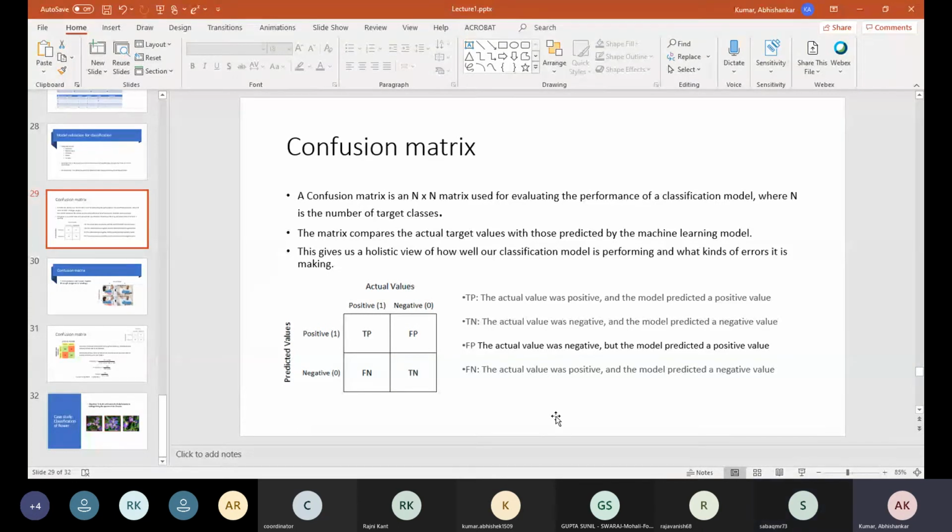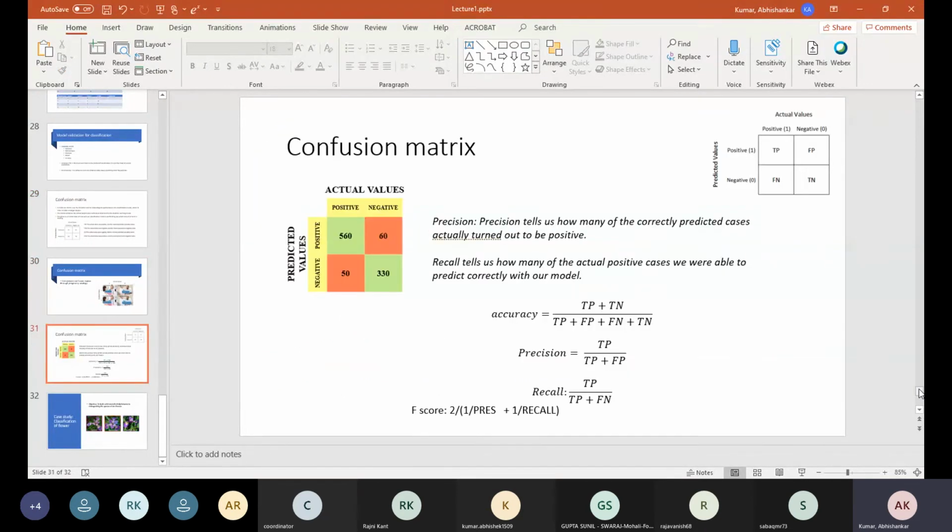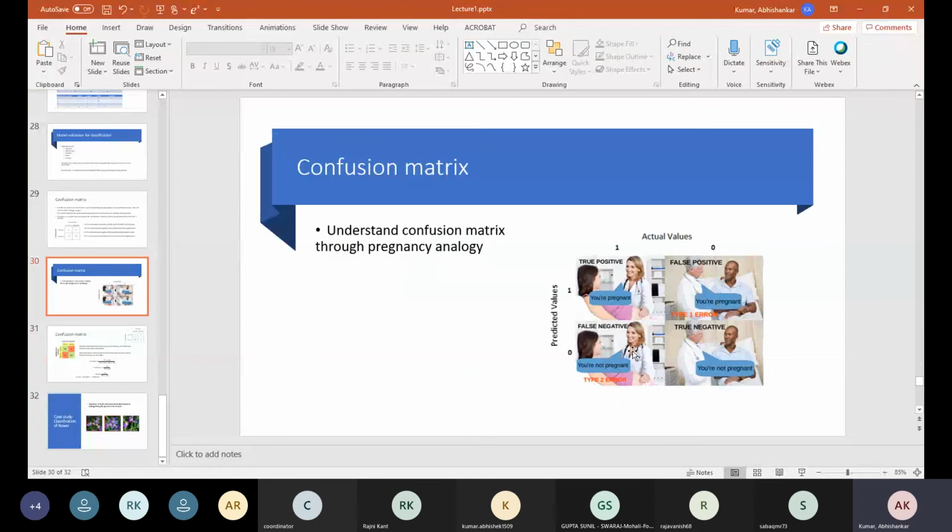False negative is when the actual value was positive and the model predicted the negative value. Just the opposite of false positive. Once you have these two, it is easy to construct your recall and precision. Just see this example, this is a very nice cartoon. Try to understand this and you will understand what is false positive and what is false negative.